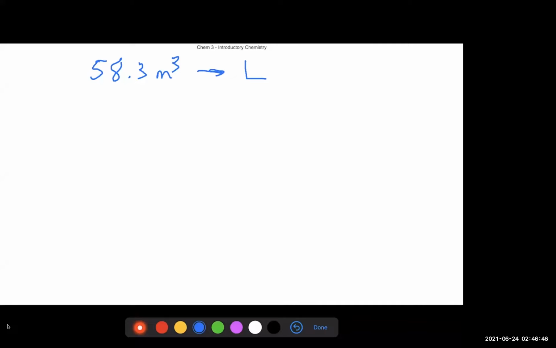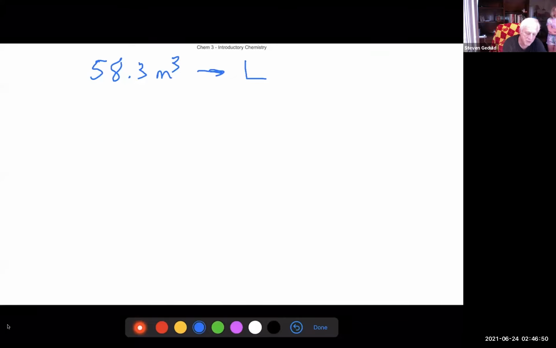So it says convert 58.3 meters cubed to liters. Note that 1 milliliter equals 1 centimeter cubed. Right, that's our magic conversion from measurements to volume. 1 cubic centimeter is the exact same thing as 1 milliliter. You have to remember you're working with cubed numbers, so everything has to be cubed. So you start out with 58.3